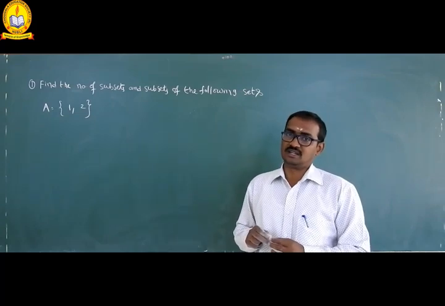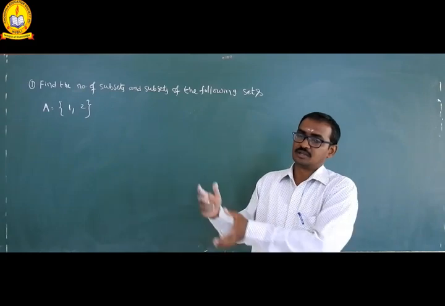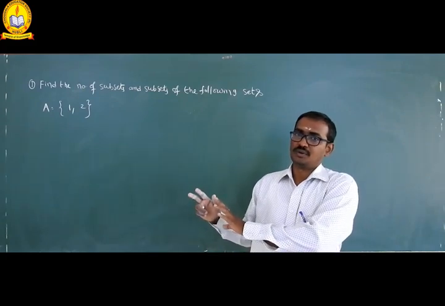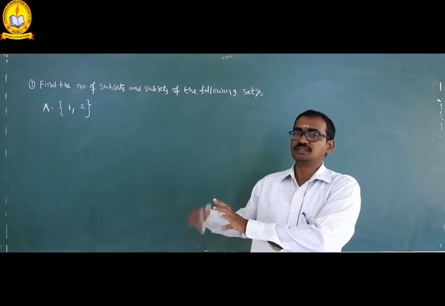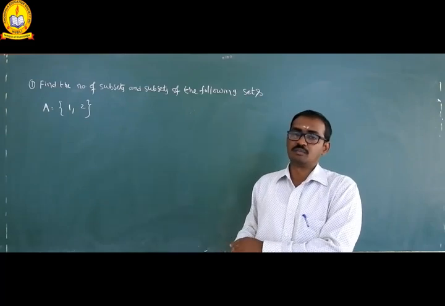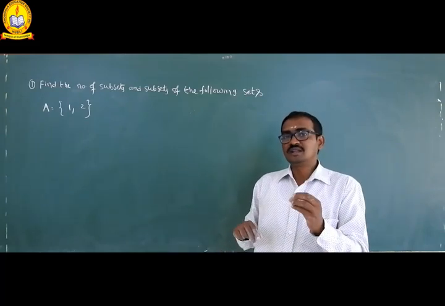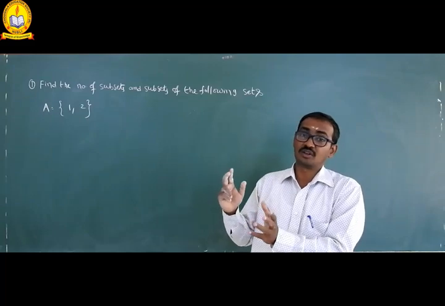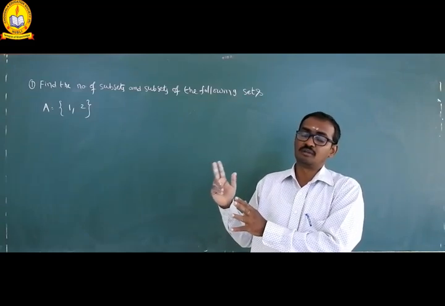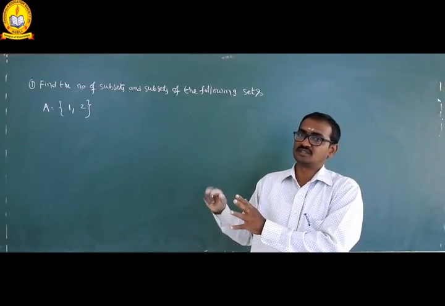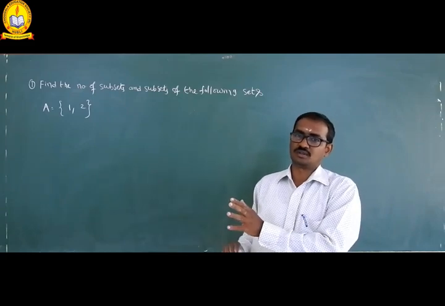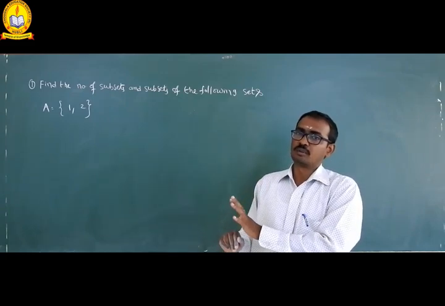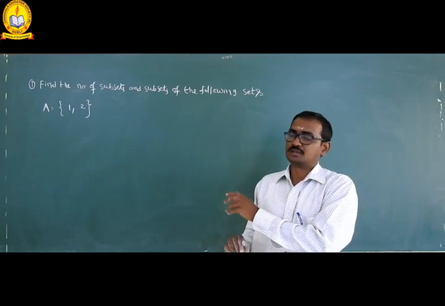First one is the empty set. The empty set is a subset of every set. You take any set, for that set the empty set is a subset directly. Second property, every set is a subset of itself. Remember these two points. It is obvious. By using these two properties, we are finding the subsets of the set.